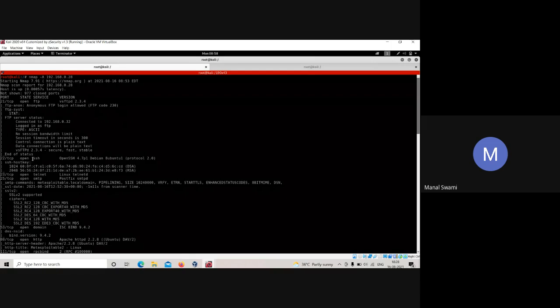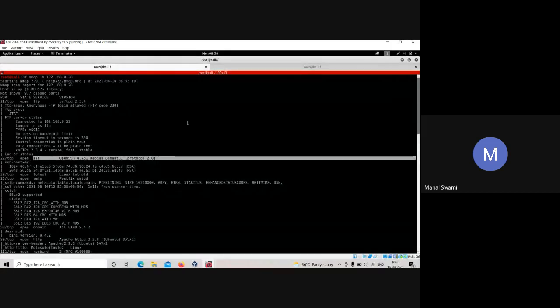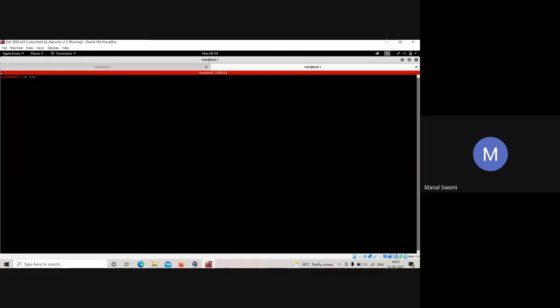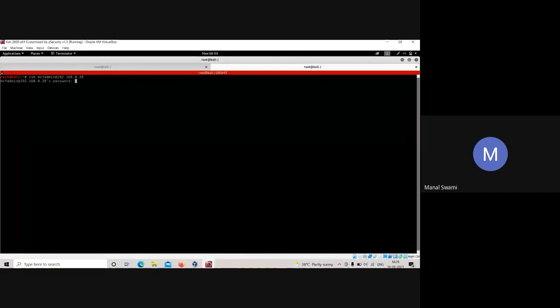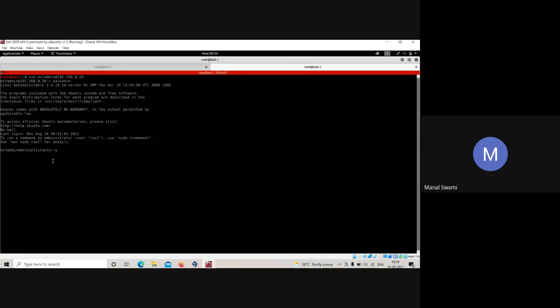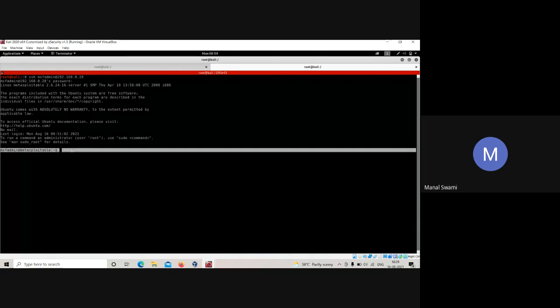The next process is hacking into SSH port. Clear? Just type SSH. Now you have to specify the username of that particular machine, that is MSF admin, then @ and then the IP address of this particular machine and press enter. Now it is asking for password. Password is what the password is for that particular machine, that is MSF admin. Enter. See, I have the root privileges now.